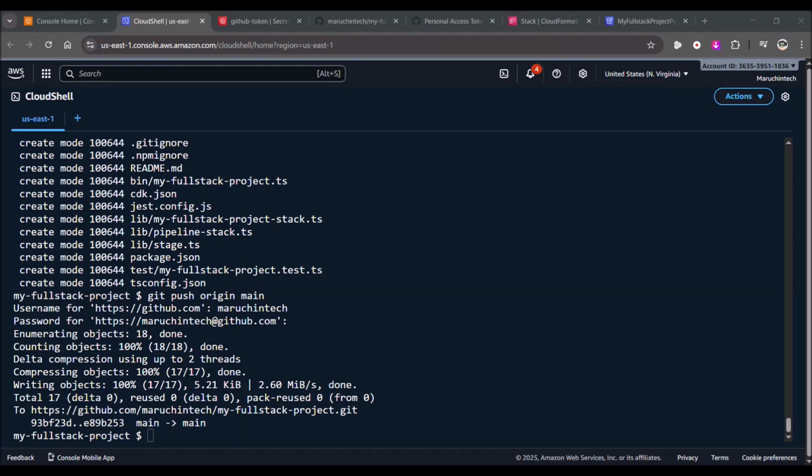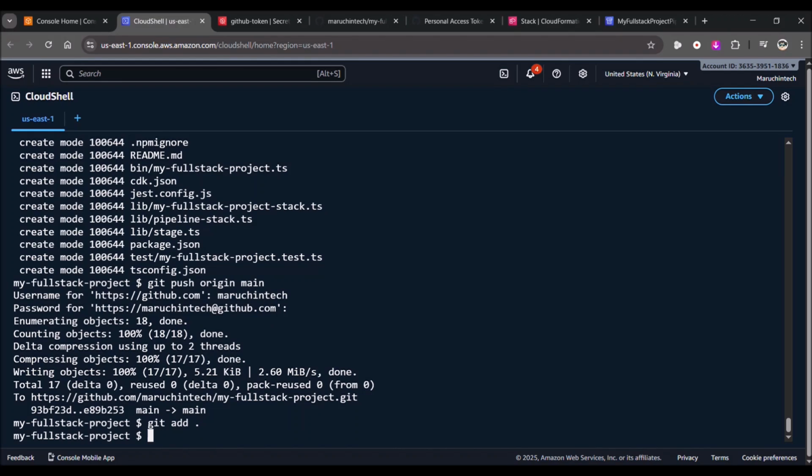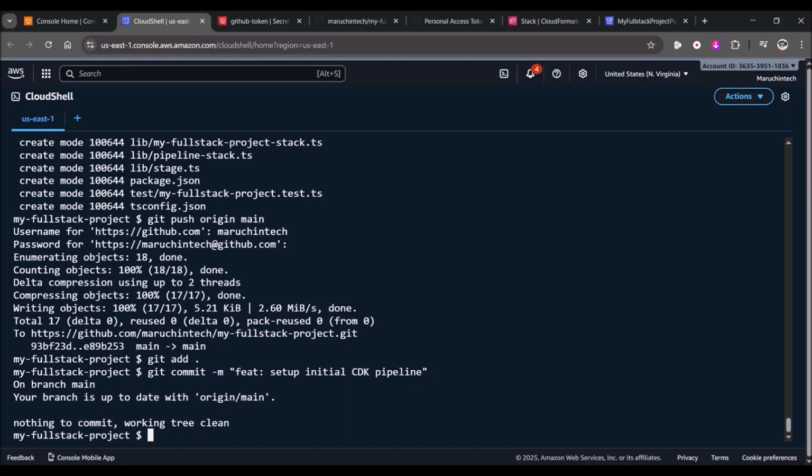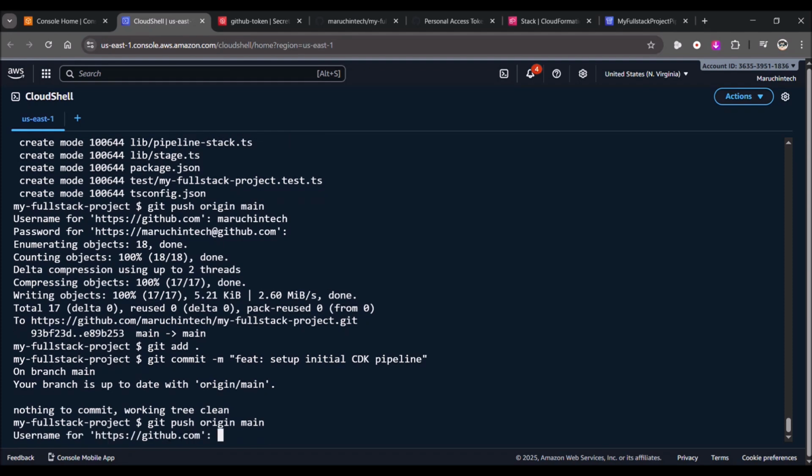Firstly, I'm going to enter git add, second, I'm going to do git commit, and then I'm going to do git push origin, and enter